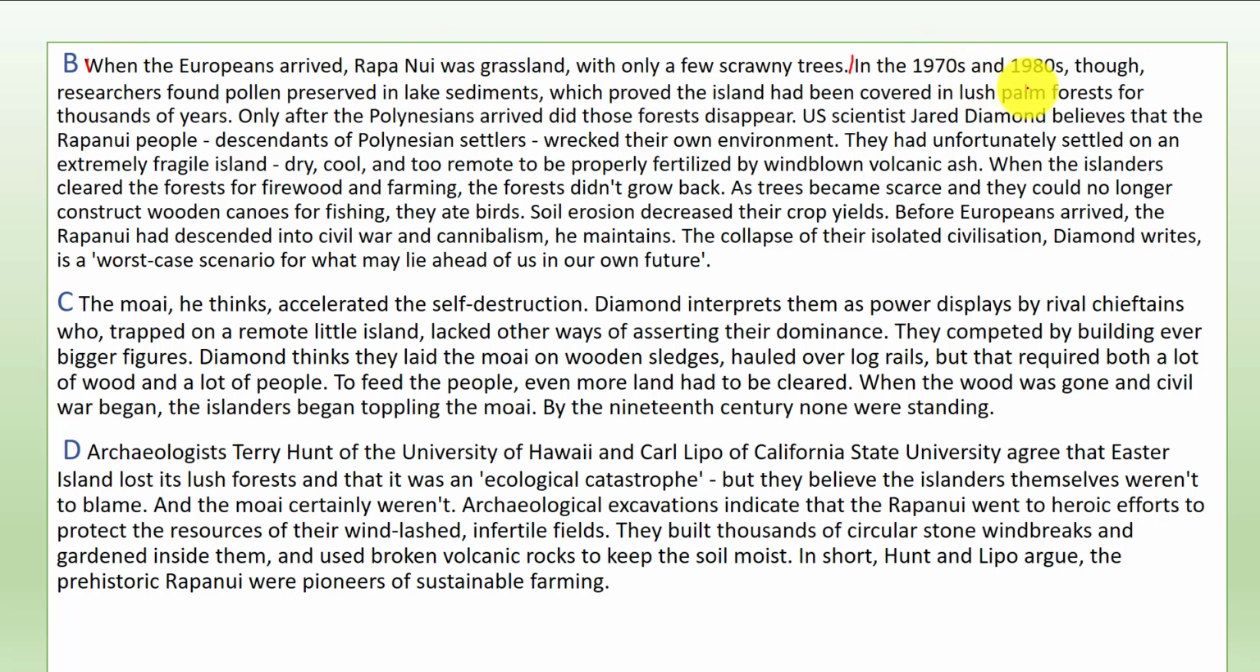In the 1970s and 1980s, several researchers found pollen preserved in lake sediments, which proved the island had been covered in lush palm forests for thousands of years. As you see, there is no topic sentence. Some people suggested that when this is the case, just skip it and read some sentences at the end of the paragraph. But I don't recommend this approach because in this way you're not going to understand the concept of the paragraph